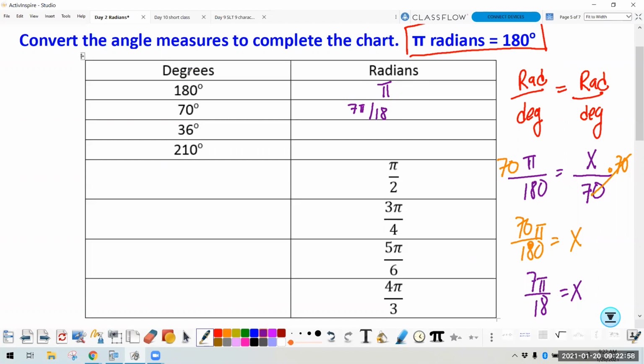All right, let's try 36 degrees. I'm always going to start: pi radians is to 180 degrees. I have degrees, that goes on the bottom. I'm missing radians. Solve for the missing part. I'm going to multiply by 36. Then we got to reduce. You can either reduce all in one step, or if you